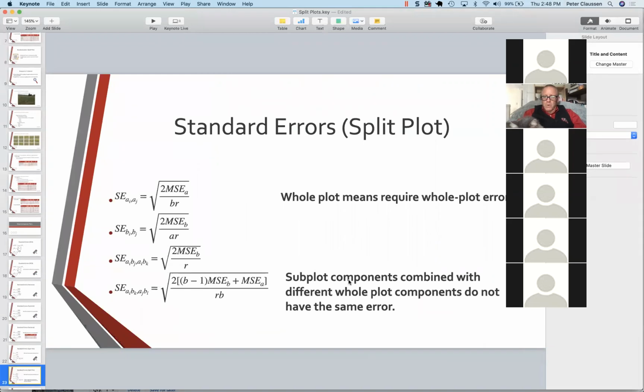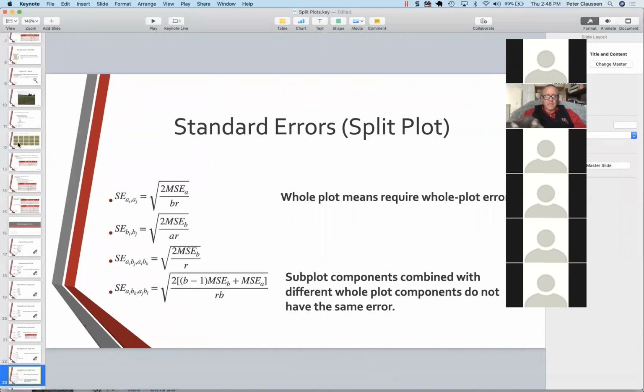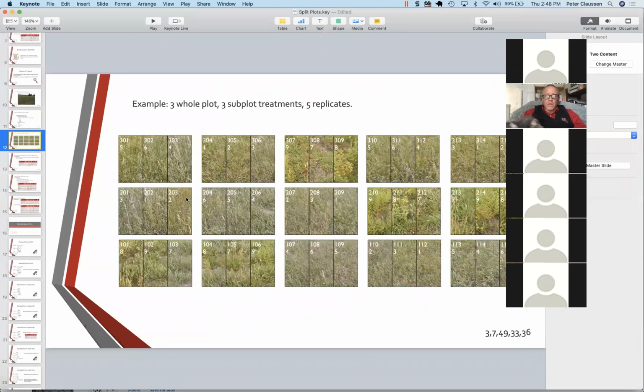Subplot components combined with different whole plot levels do not have the same error. We'll take a moment to explain this. Let's go back to this. If I want to make a comparison for some reason between the Iowa seeding on sprayed plots versus the